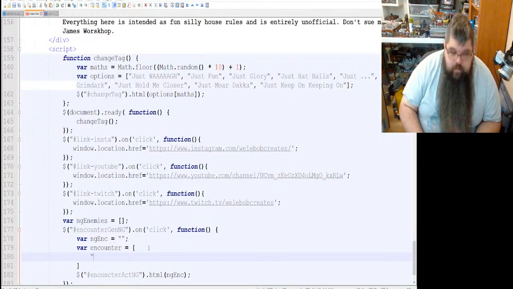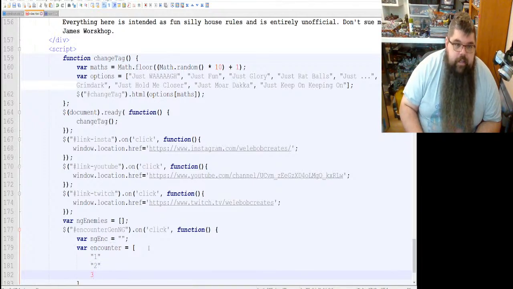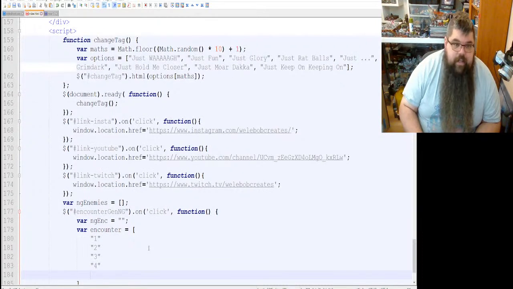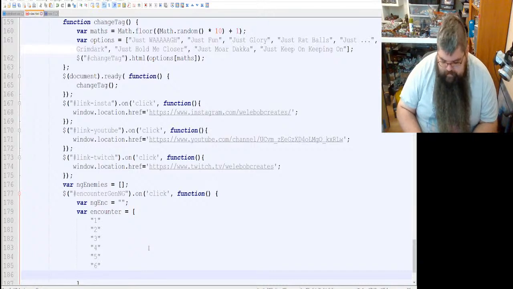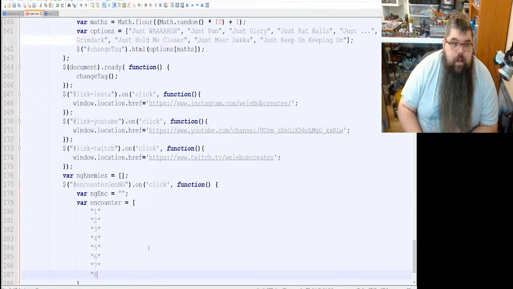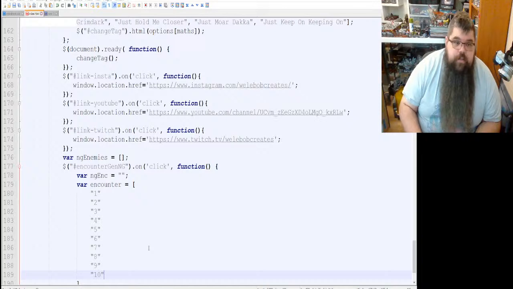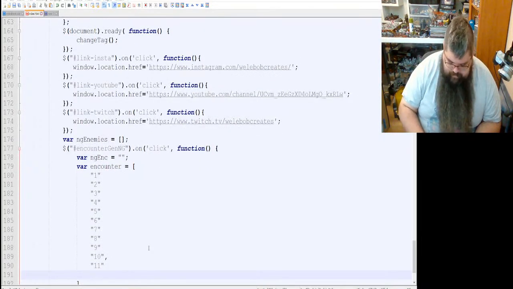I'm going to write this out in a dumb way, just so my brain can make sure I get all the numbers right. What I'm doing is I'm just making this an array filled with one item of every number, right? This is a D20 table, so we want to have 20 options.